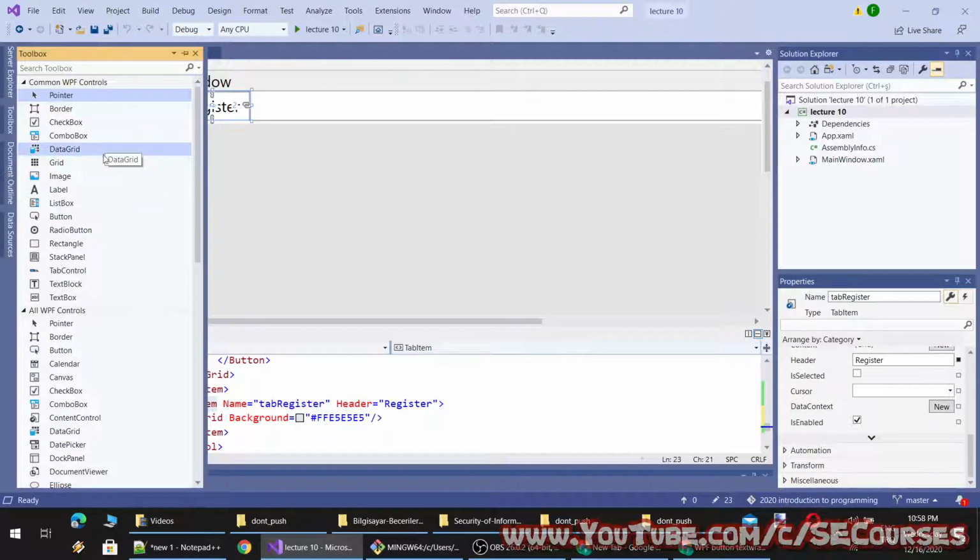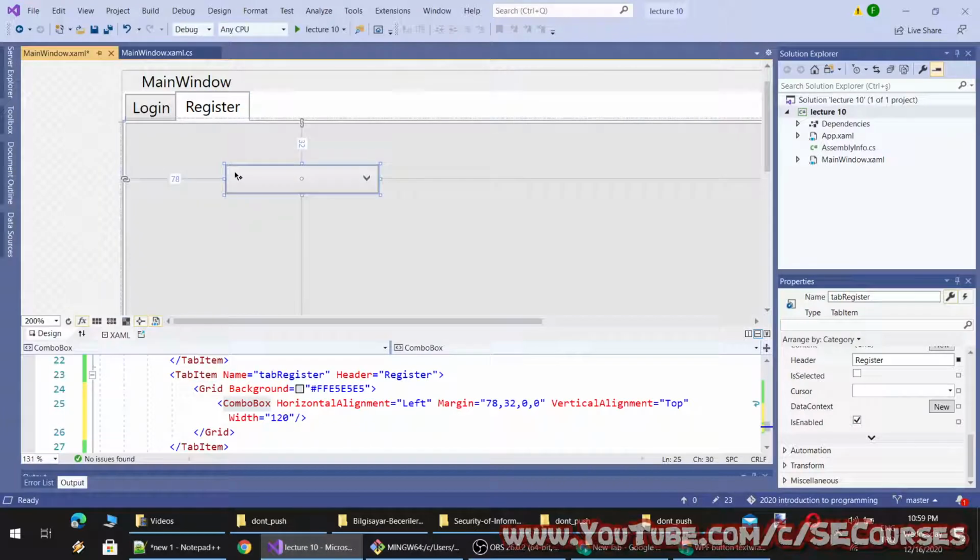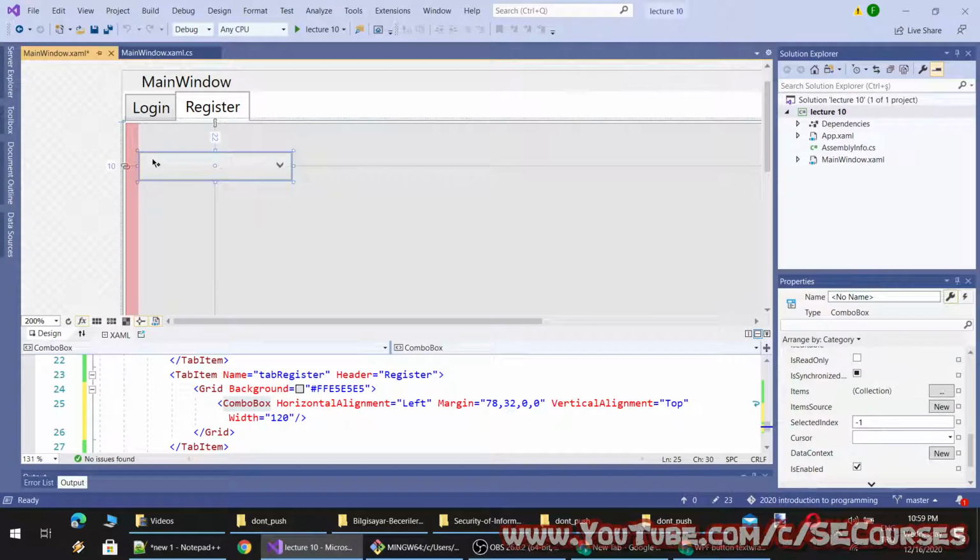At the register panel, what information are we going to take? Okay, to make it similar to the given project, I will add several features for registration. So we will get the authority level of the registering user.